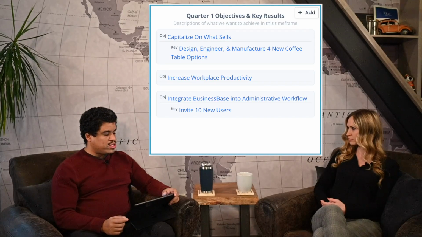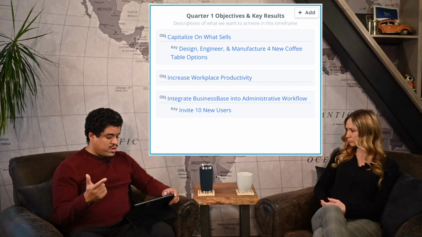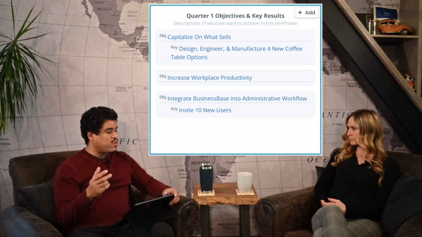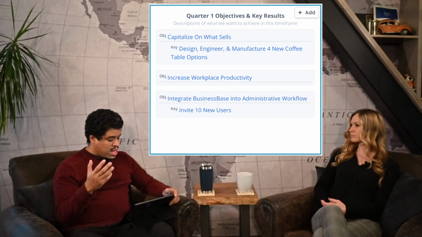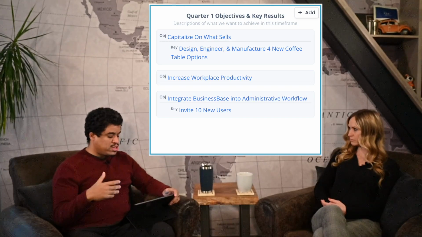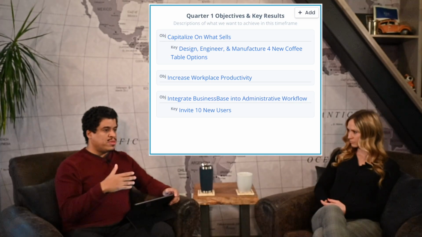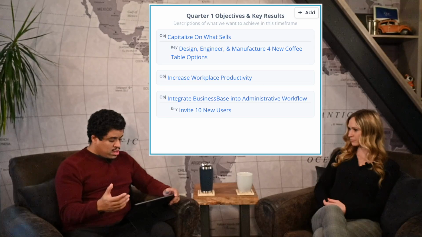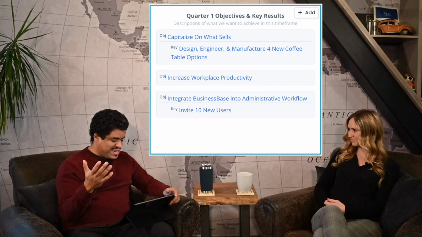Yeah, some of the examples that our furniture company are using here is they definitely want to push on what sells. So designing, engineering, and manufacturing, say, 4 new coffee table styles that reflect their purpose and values. The other part that they have for objective is they want to be able to help increase productivity, so removing roadblocks, helping people get things out of the way and get to results sooner, along with integrating Business Base into their administrative workflow. So the idea is for them to say in a quarter, they want to embrace some new processes and procedures in order to help really accelerate what they're doing as part of leading into that yearly goal, which then leads into the 3-year and works its way back up the metaphorical waterfall, as we discussed,